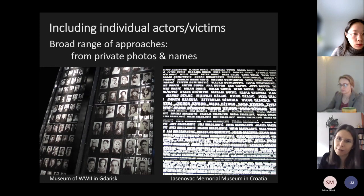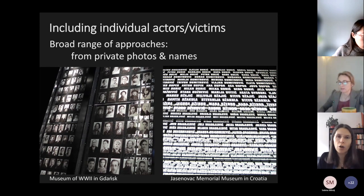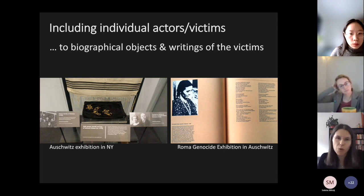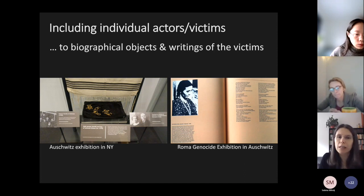On the other hand, the very basic approach to that can be to include those names. I don't know if you have seen that often. To me, it seems that these white names written on black background are all over the museums I visit and are a very strong and currently very often used means of addressing individual victims on a very basic first level. On the other side of this spectrum are combinations of several elements, of several media that can be used to tell someone's story. That's a story of a persecuted person. For example, the use of biographical objects, things that have been preserved and can be attributed to a person or a family,